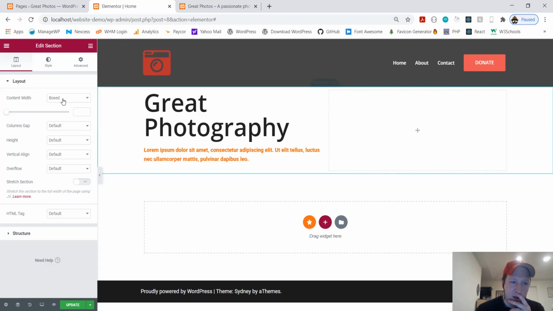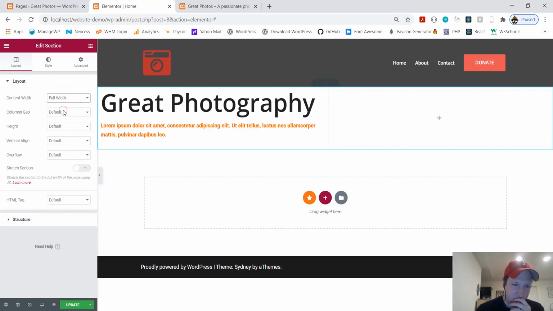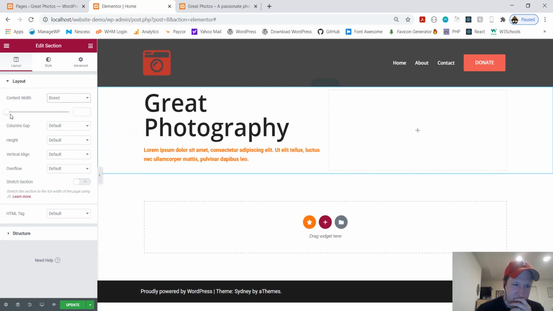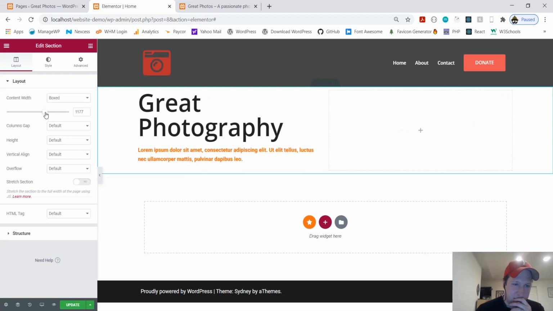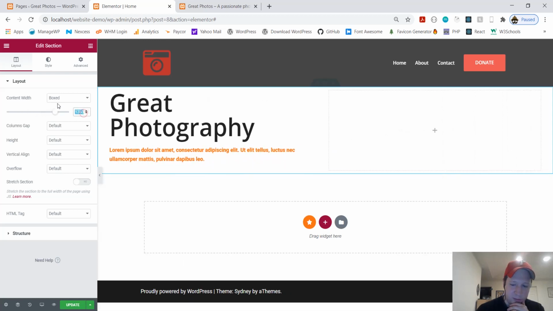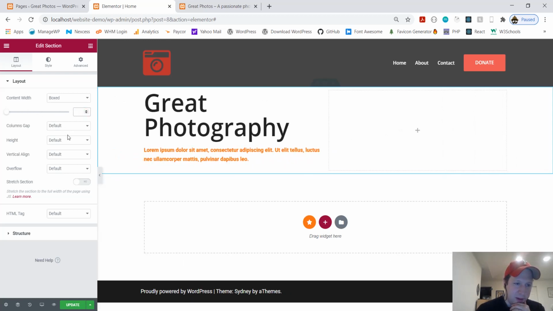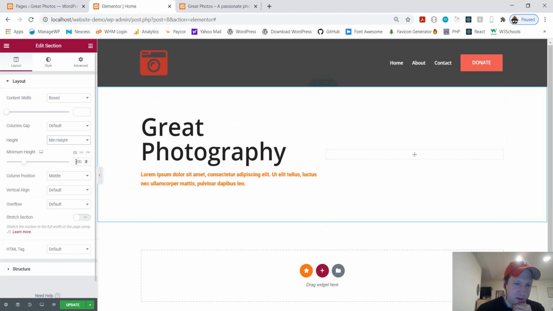And here we have for our section, boxed or full width means it just goes all the way across. Your column means the width of your columns, but I leave it on default. Column gap, don't worry about that. The height of your section. For this, I'm going to say 800 pixels.